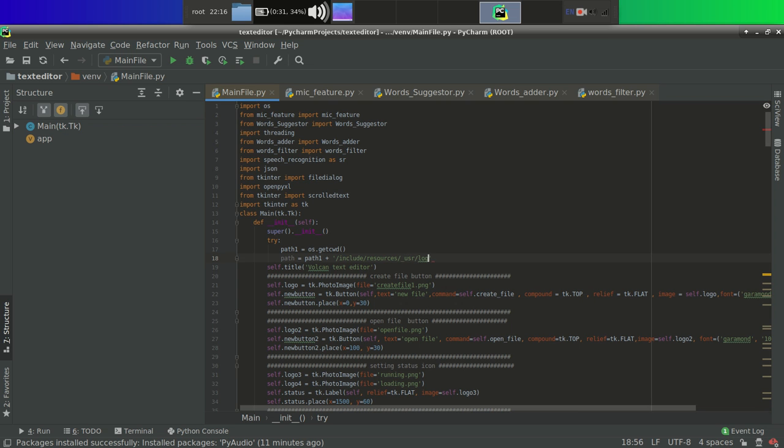Actually I am making these folders just for increasing security, nothing else.